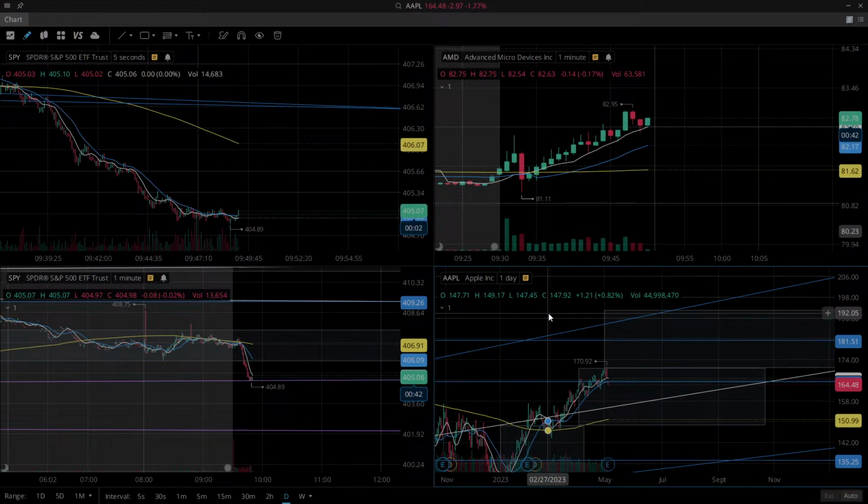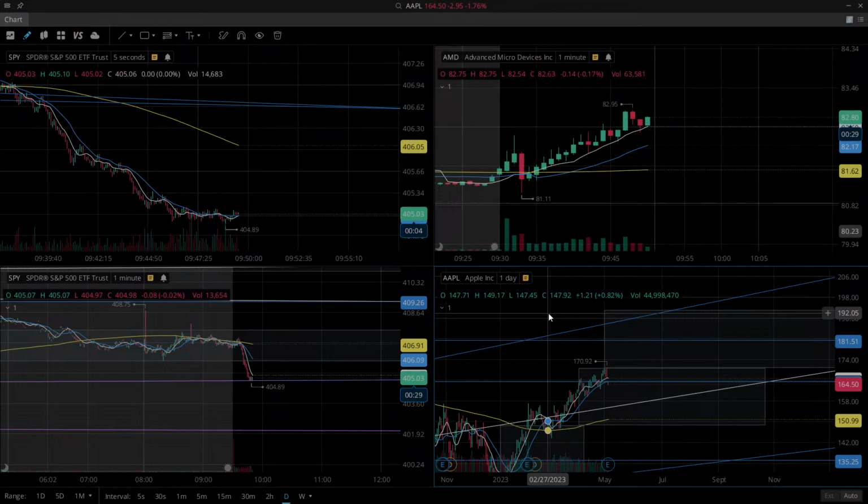You're a lot closer to the money. You've got a better chance of making a profit on that. But if Apple stays sideways and has a muted earnings, you're going to lose your ass on that. Same with the call side. If you're looking at that range up there around the 180, 185 zone,